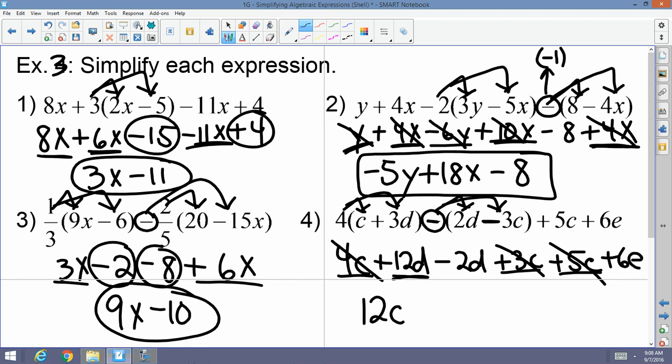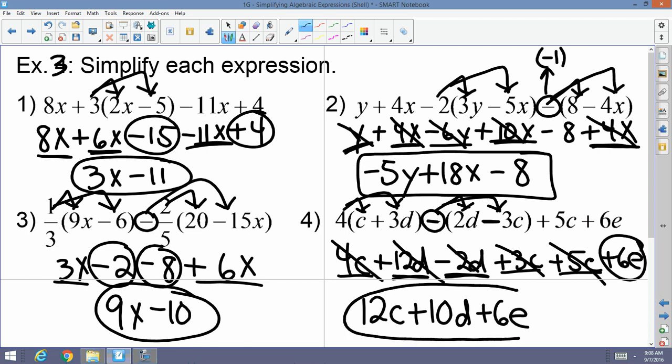12d minus 2d is 10d. I'm done with the d's, and I don't have any other e's, so I just place 6e here because I cannot combine that with any other like terms. And there you have it,